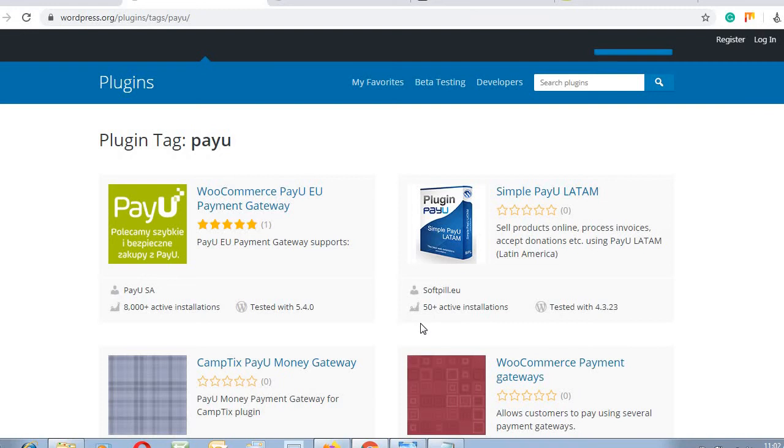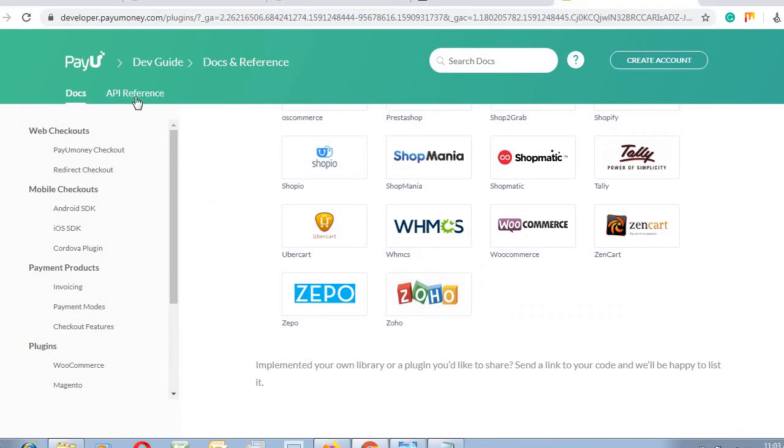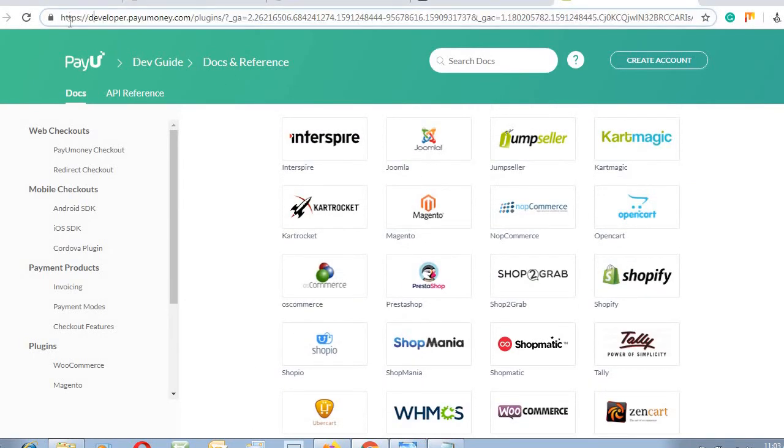Or if you are getting support from the author or developer, or help from the developers to resolve the issue, then it is fine. If you want to come out of the issue and you don't want to disable mod security, then you will have to uninstall the third-party payment gateway plugins, and install the plugin provided by the payment gateway provider. For example, PayUmoney. Now you are integrating the plugins through WordPress. Go to the PayUmoney website. There you will get an option. You can see this is the PayUmoney website.